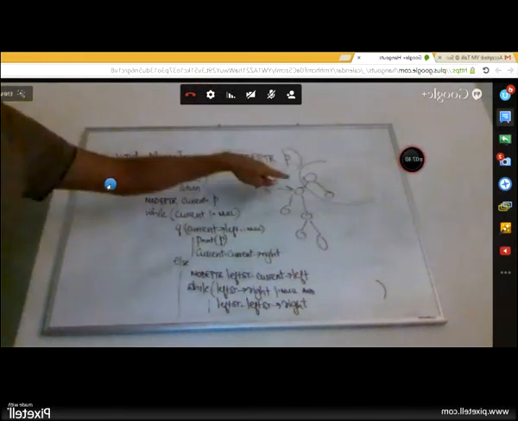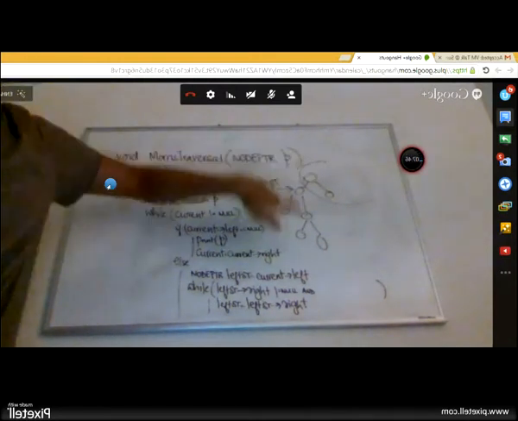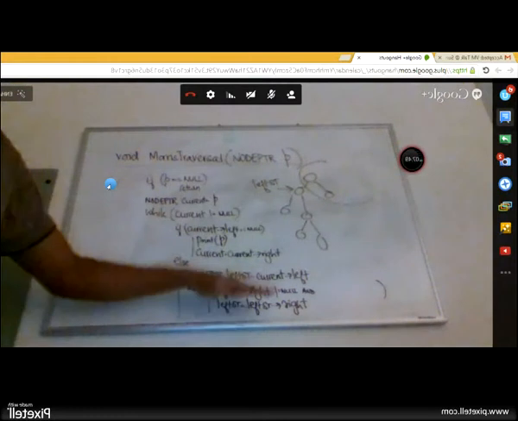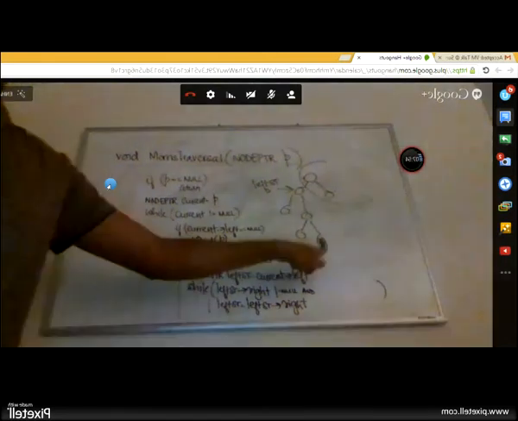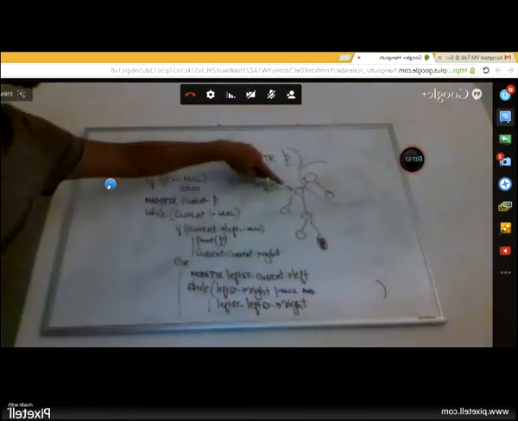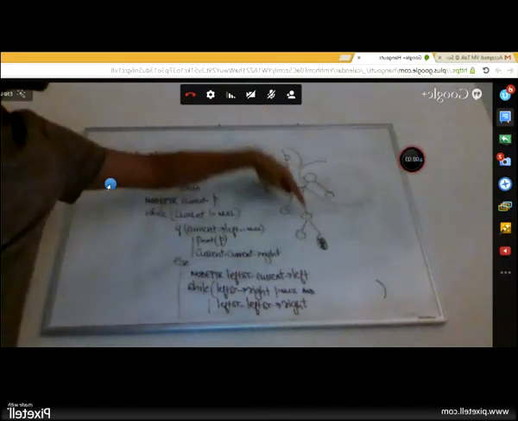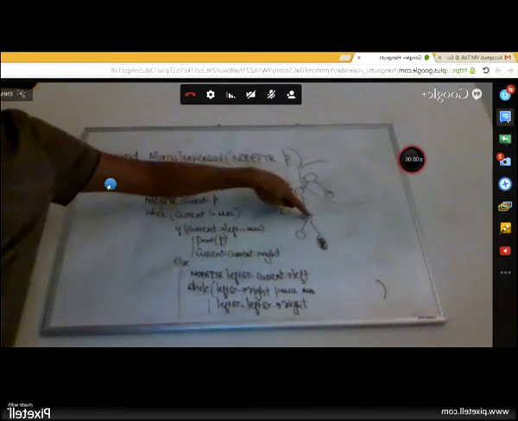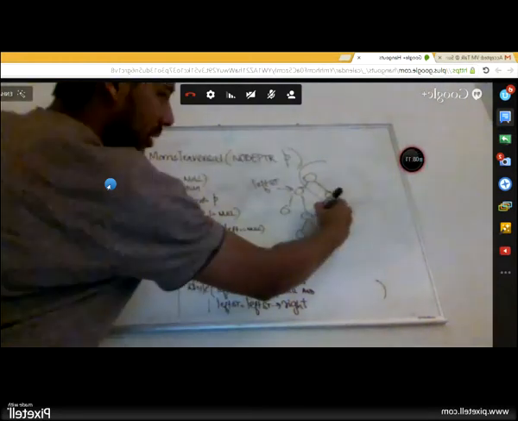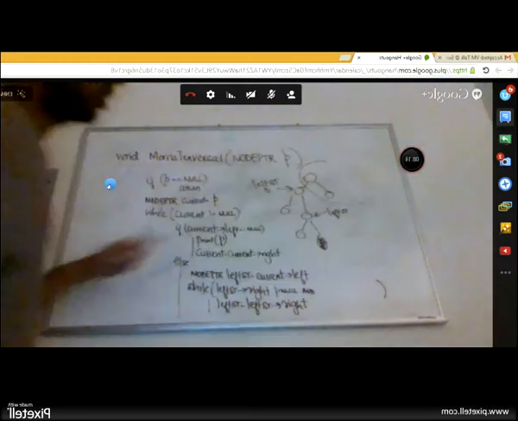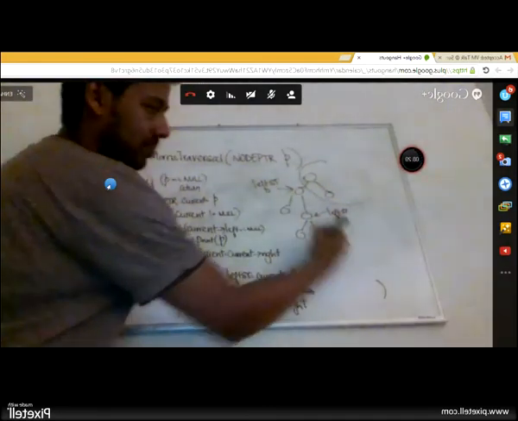So what you do is that you need to find out the in-order predecessor of this. And the in-order predecessor of this we have already established is the rightmost node of this left subtree. So this part, what you're doing is to find out that guy, which is this guy, right? This is the rightmost node of my left subtree. So the moment I have a pointer to this, I keep going right. So I say that as long as its right is not equal to null, keep going right. Left subtree pointing to right, which is here, is not equal to null. So left subtree is left subtree pointing to right. So my left subtree pointer moves to here. Left subtree pointing to right is not equal to null, keep going. Here it is equal to null, so I will stop here, right?